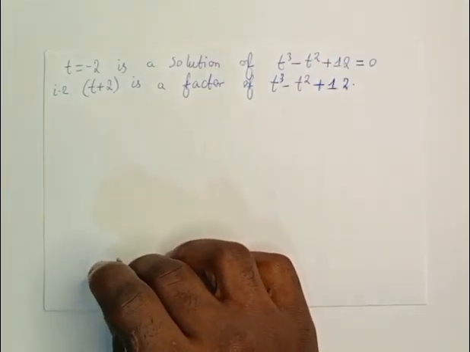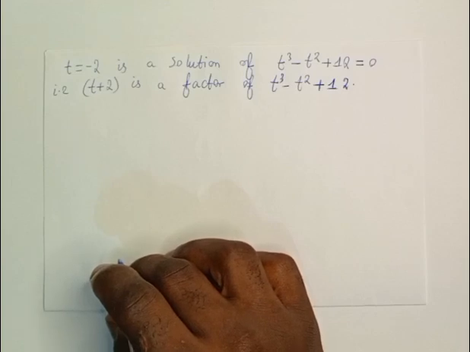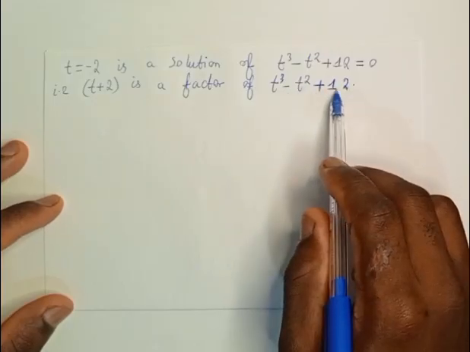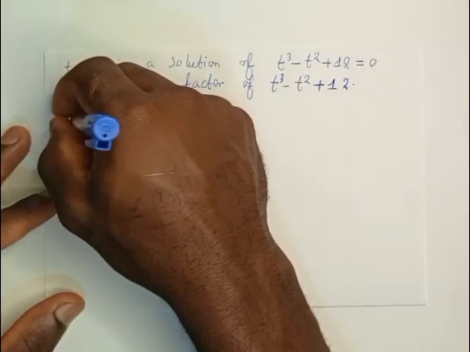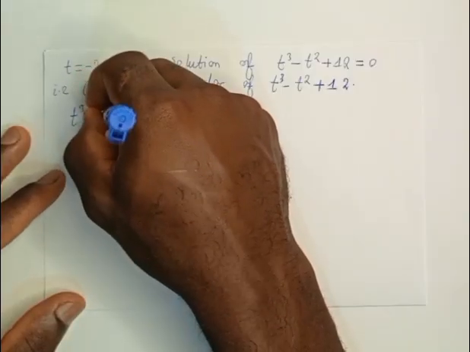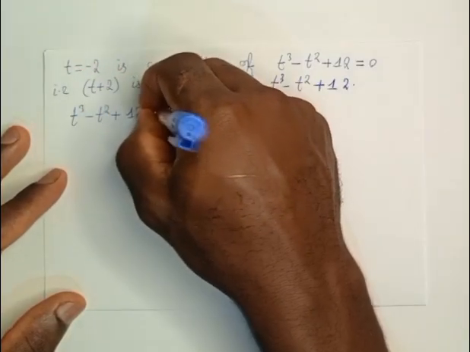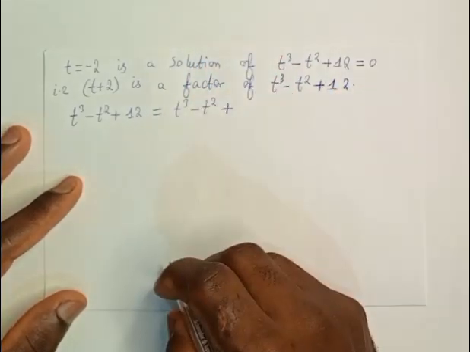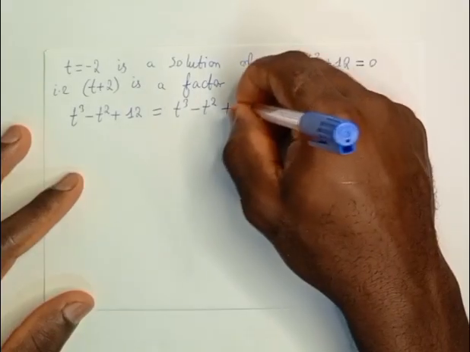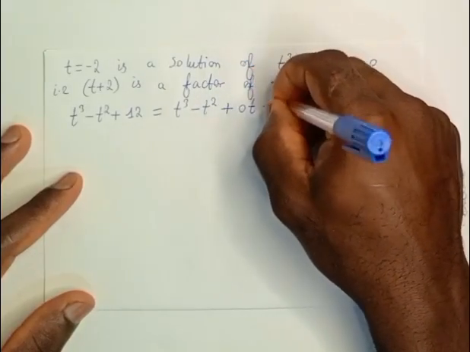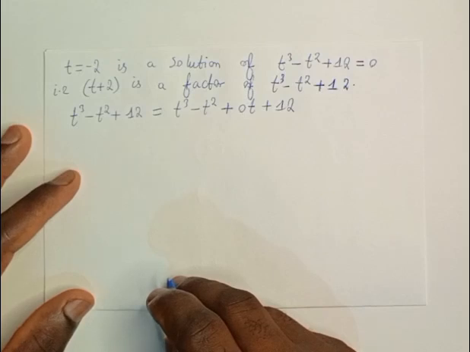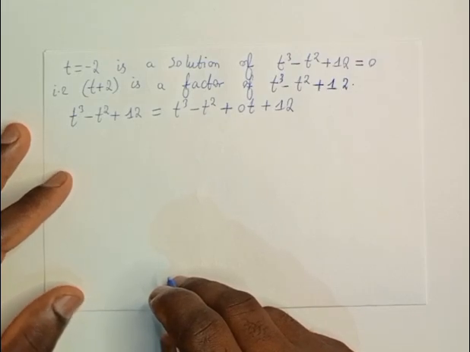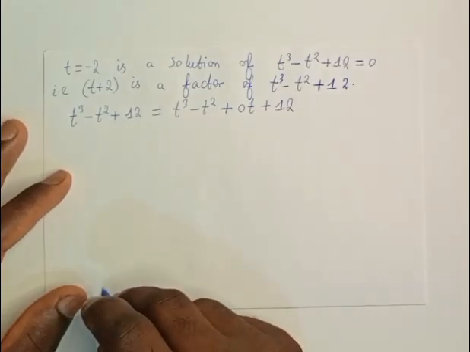Now, if we make use of the method of long division, we are going to obtain the quadratic factor of this our polynomial t cubed minus t squared plus 12. Remember, t cubed minus t squared plus 12, we can write this as t cubed minus t squared plus, the term in t is absent, we can write this as 0t plus 12, so that we can easily perform our long division to get the quadratic factor of the polynomial. Now, by making use of our method of long division,